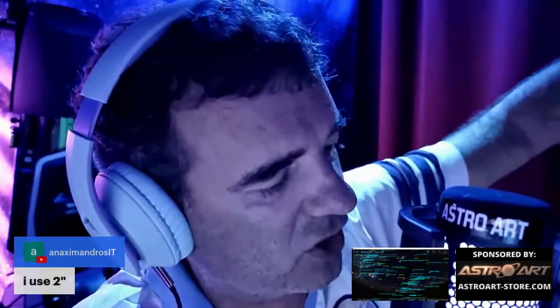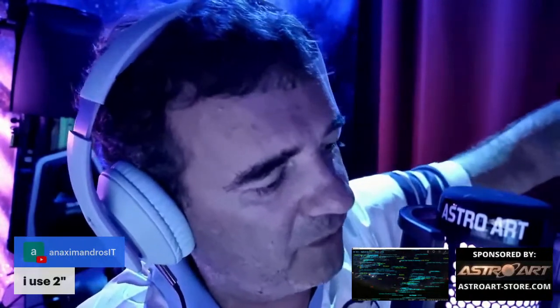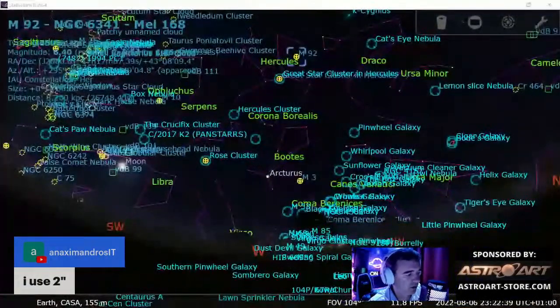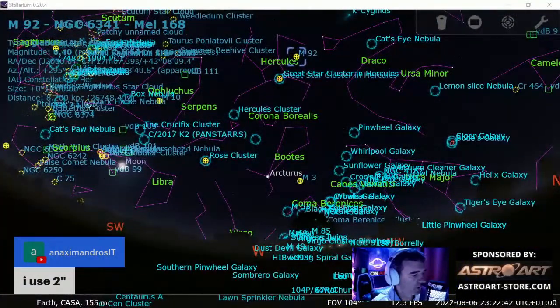M92, let me check. Clusters are good for when the moon is up. This is on zenith, no? It's the same, it's on west. Because on west is where I am. The telescope is on east. If I point west, I have the house. I can do that, but I have to place the telescope further away from me, and for the live stream it's not very nice because it's not so practical to go there, and I take more time.